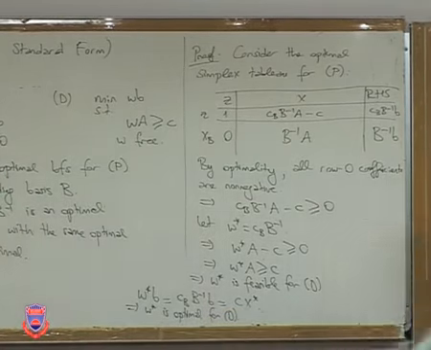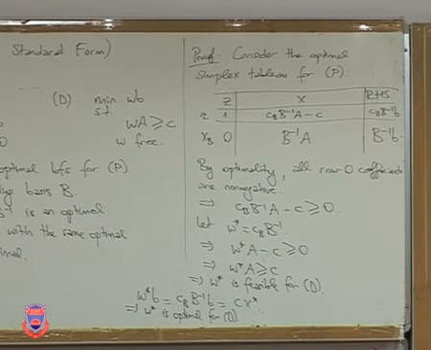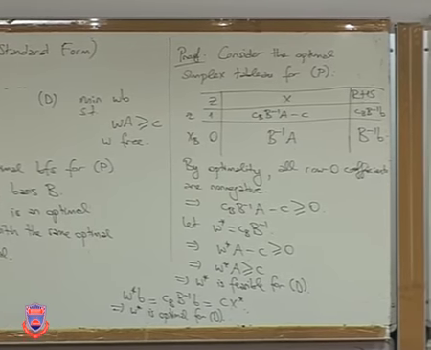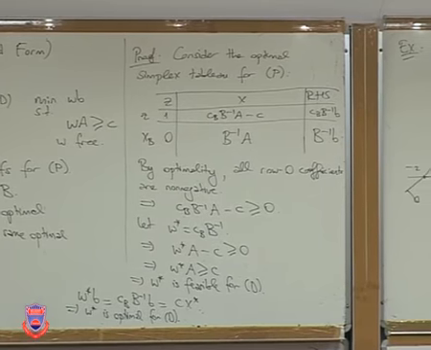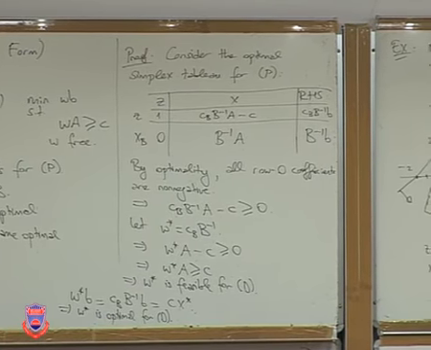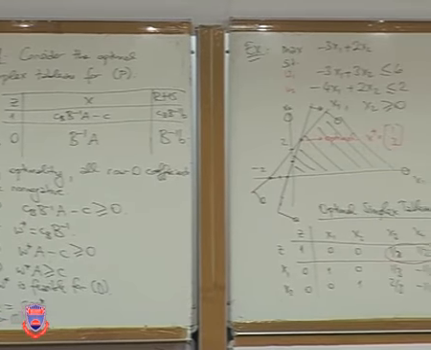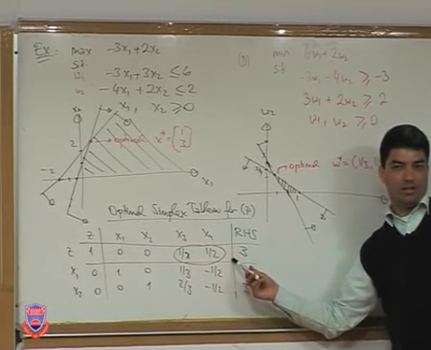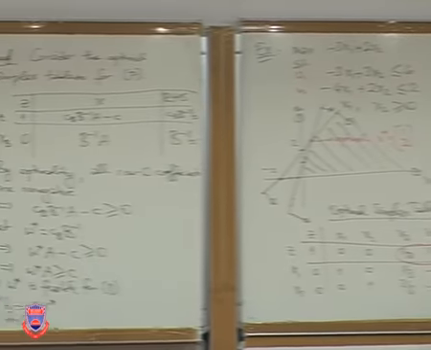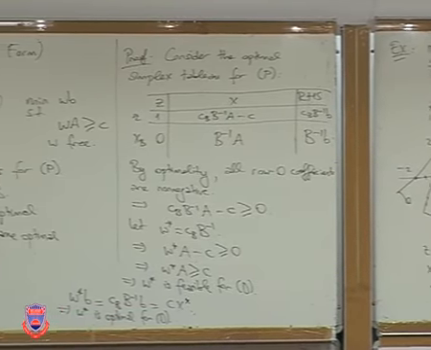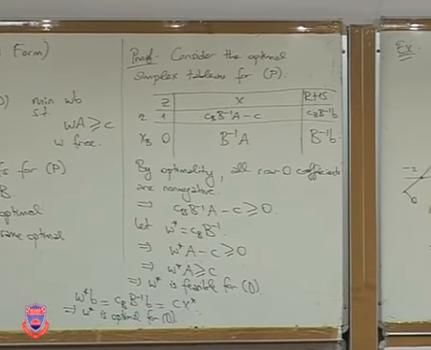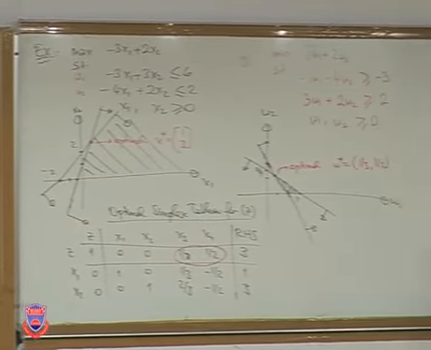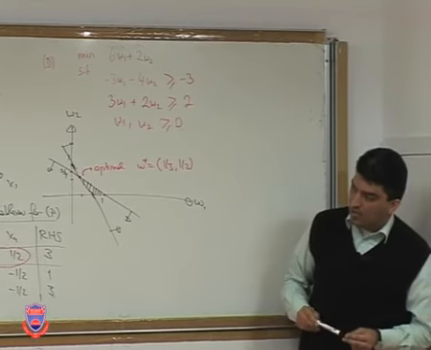So what's the main message? Well, even if I change the form of the primal problem, the dual optimal solution does not change. It's still given by CB B inverse. There's one difference though. Unlike the previous case, we can no longer read CB B inverse directly from the tableau. So you have to actually compute CB B inverse yourself. That's the only difference. If you have slack variables, such as in this example, then the simplex tableau already gives you the values of CB B inverse. Whereas if your problem is already in standard form, then you have to sit down and compute CB B inverse. But the optimal solution itself does not change. It's still given by the same expression, which is CB times B inverse.